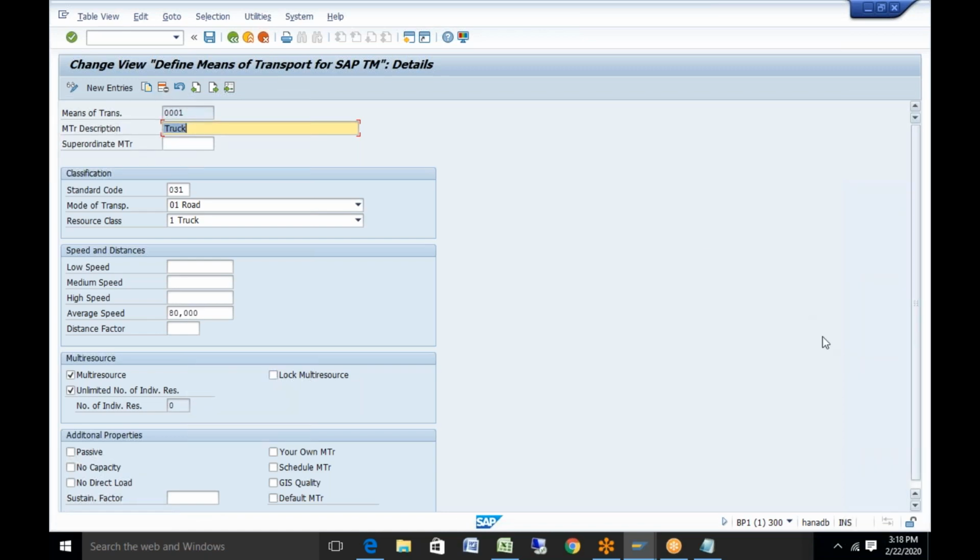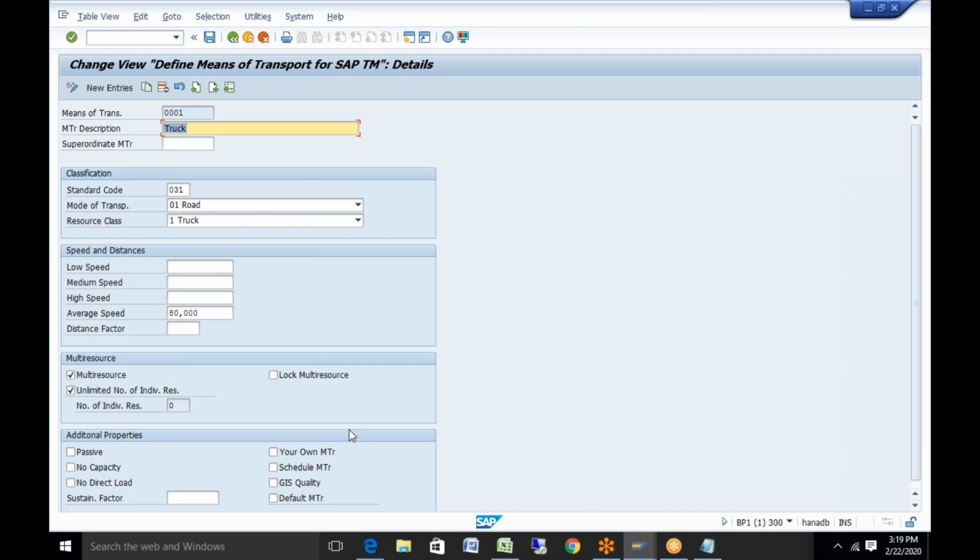Viren, any example in terms of lock multi-resource? For example, you have 2 different transport planners. If you want both transport planners to do the planning using the same means of transport, then do not put a check mark there. If you put a check mark, then one of the planners will not be able to plan with that means of transport while the other is planning it.